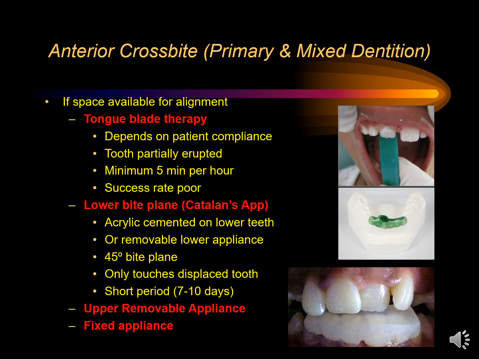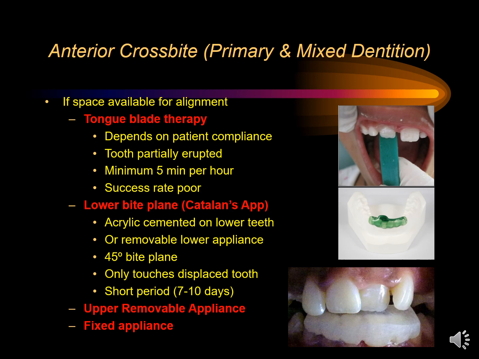Now, if space is available for alignment of the tooth in crossbite, then a few measures can be taken. One is to use tongue blade therapy. The disadvantage of this is it depends heavily on patient compliance. The tooth should be partially erupted. The tongue blade should be used a minimum of 5 minutes per hour, but the success rate for the tongue blade is